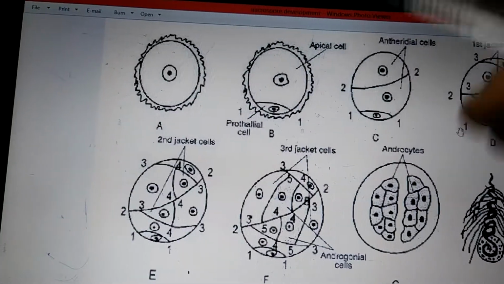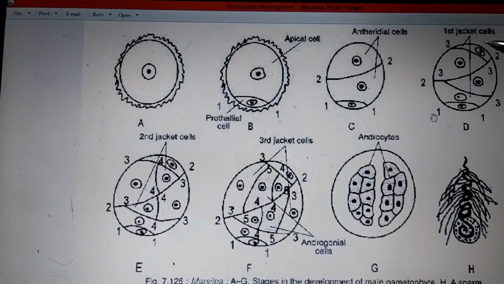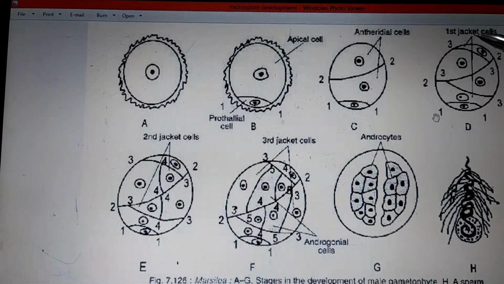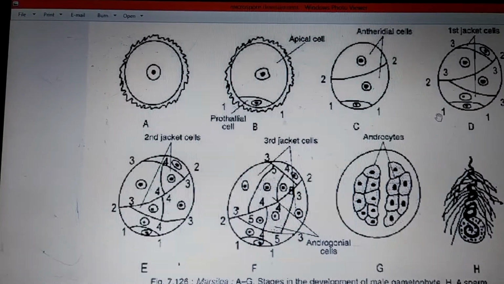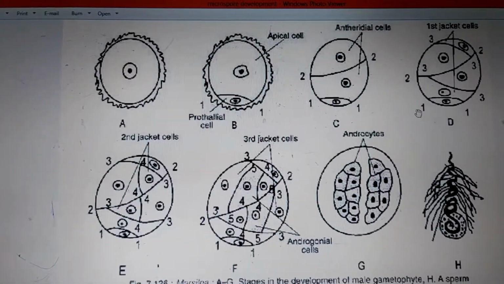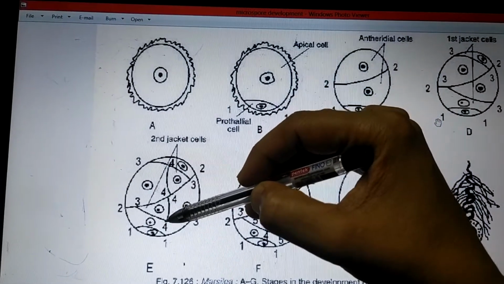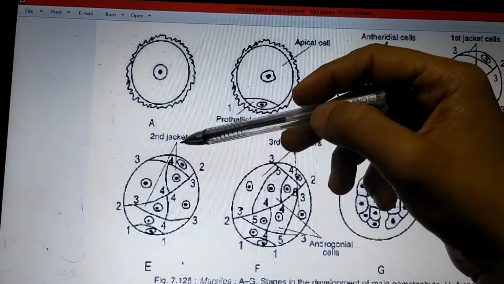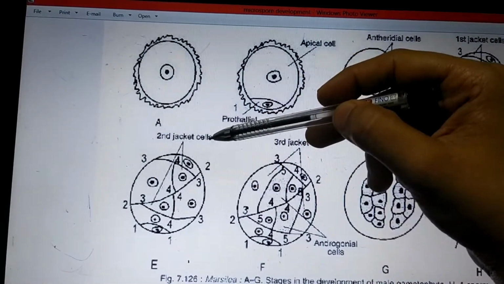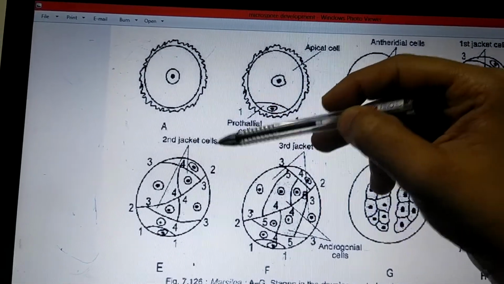Now all the 3 pairs of jacket cells are going to form a single layer of jacket. But this first pair won't divide further unless the third pair is formed. Now these larger cells are going to divide periclinally, leading to formation of another set of jacket cells. So smaller cell and larger cell are formed. The smaller cell is the second set of the jacket cell.